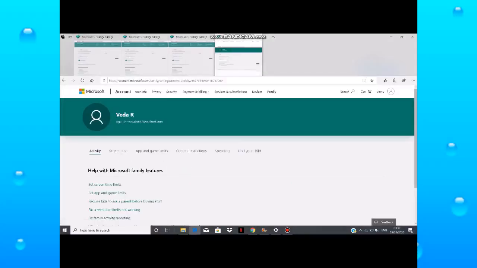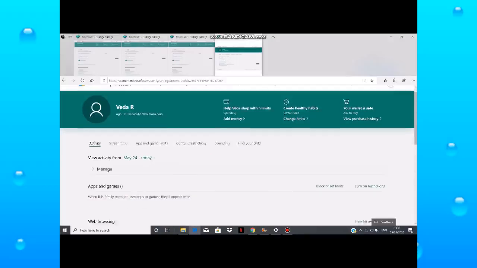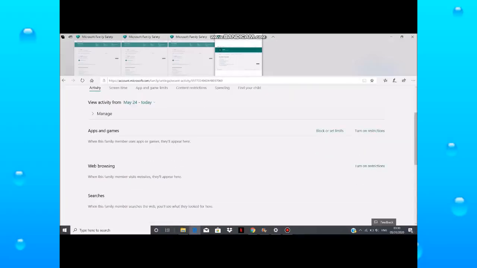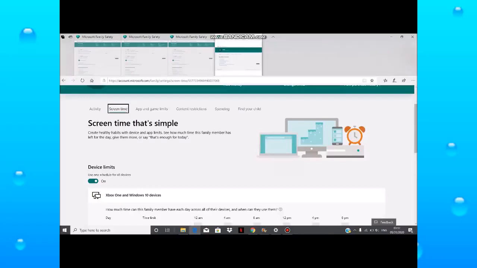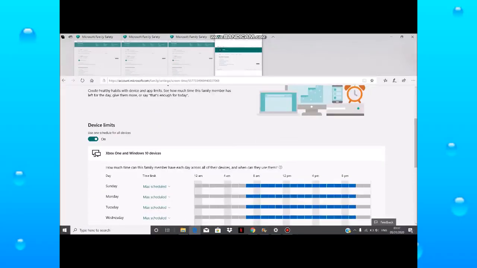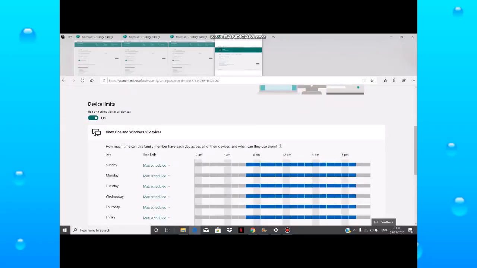Click on the activity link. Here you can set your reports, see your child's web searches, web browsing, apps and games, and overall screen time. Click on the screen time link. You will see the screen time for each device your child's account uses.